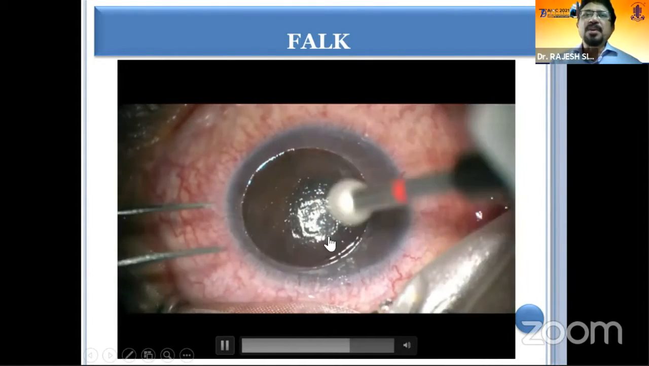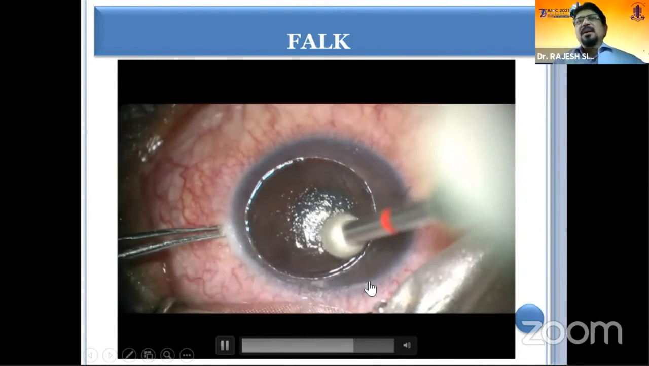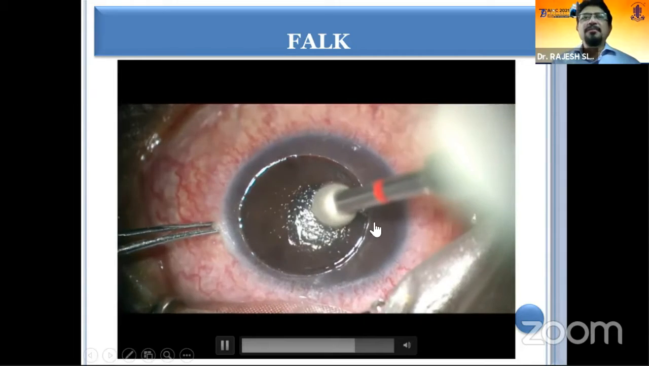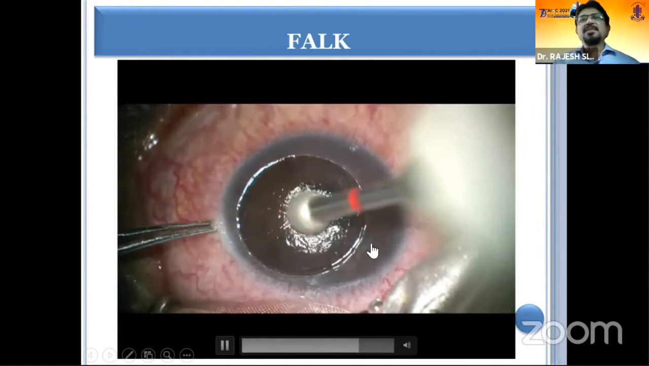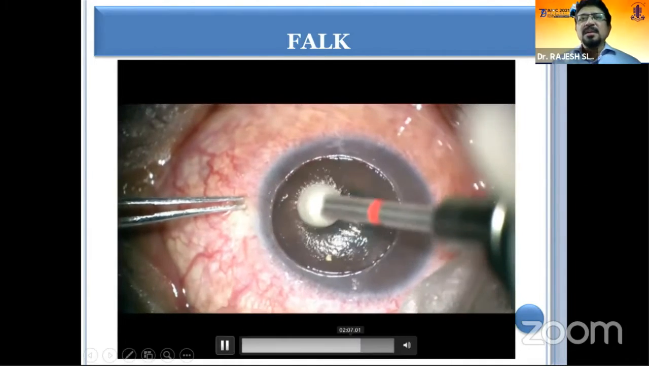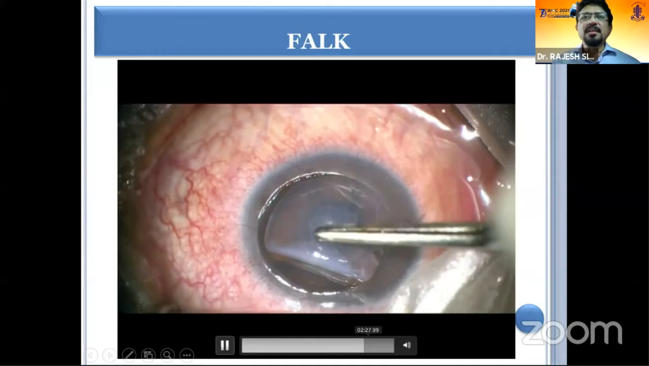In this particular case, because I had to dissect a bit, I had to do some more effort. So I could see a little bit of irregularity on the surface. So I'm just trying to polish it a bit and then put a donor lenticule